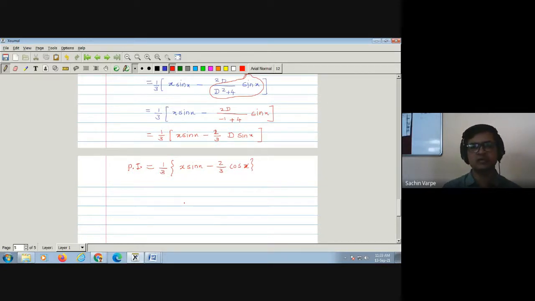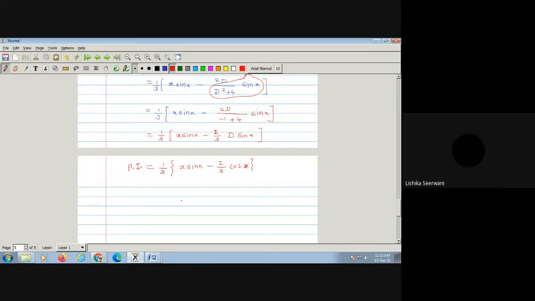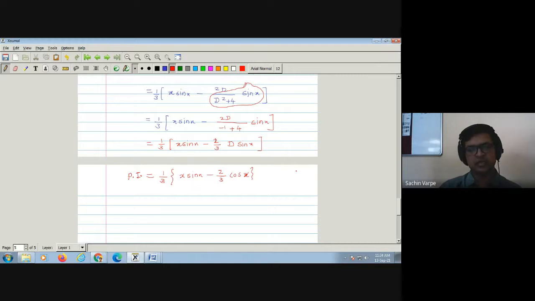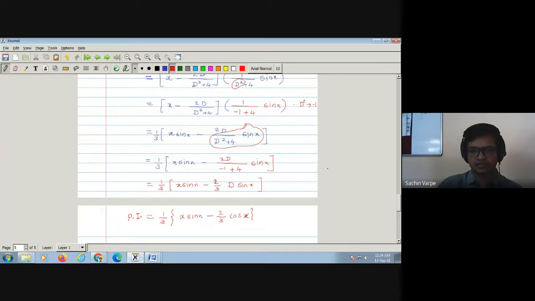Is this point clear to everyone? Yes, please do reply. This is about the case number 6, x into v. Remember, the power of x must be 1 and 1 upon phi of d, you can see here, this is not the case of failure. That is why we could proceed. Otherwise, we could not. This is 1 upon phi of d into f of x. If this were a case of failure, then we cannot use this case.